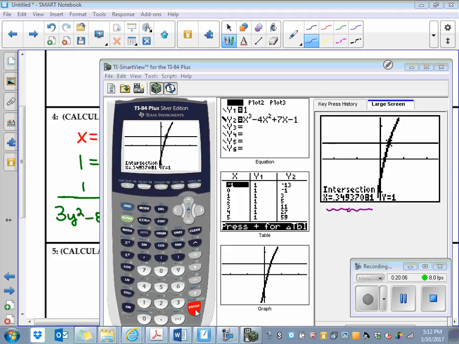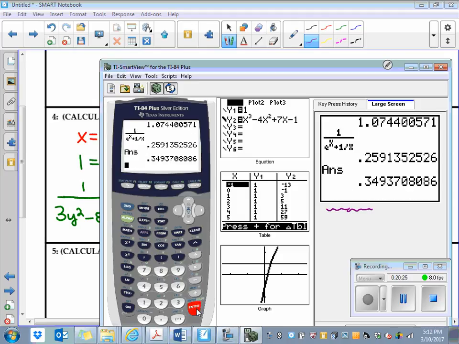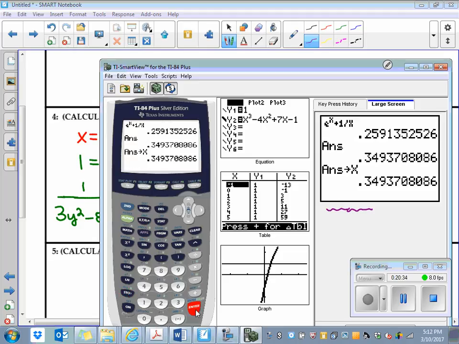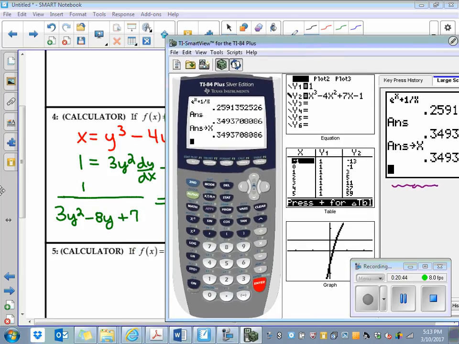If you're smart, you let your calculator do all the hard work for you. That number has been stored as the answer variable. There it is. I'm going to restore it. So I'm just going to hit the store button. I'm going to store it as X. So now, when I want to calculate something with that, I'm going to use my calculator, and I'm going to type it in terms of X. So this thing,